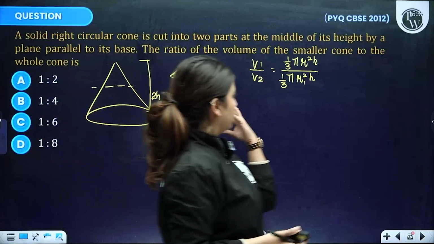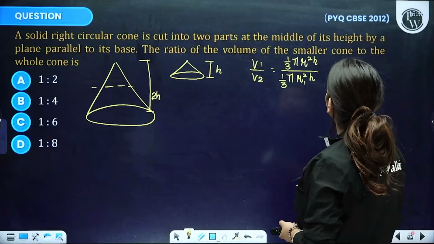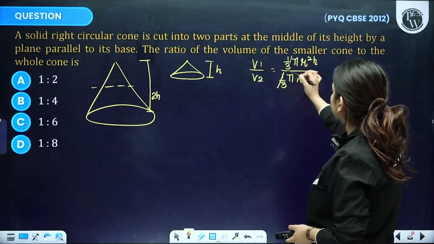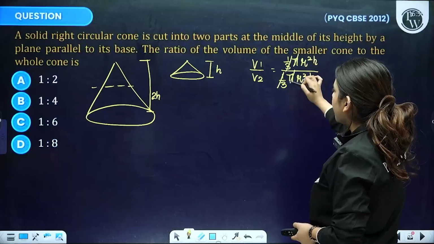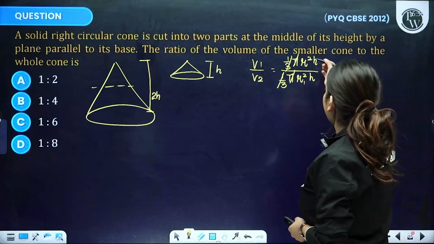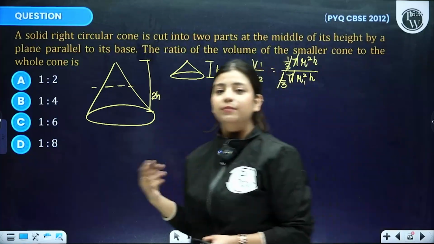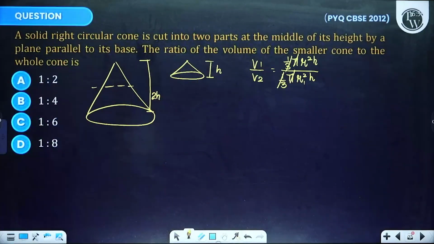Now we have to find out the volume part, people. So let's do it. So basically over here what we can say, 1 by 3 and 1 by 3 will get cancelled out. Pi and pi will get cancelled out, right? The next thing we have is r1 square and r2 square, because the radius will again be different, right? So when we talk about this particular question, the radius will be different in this case. Now basically what we have to do, we have to find out the ratio.